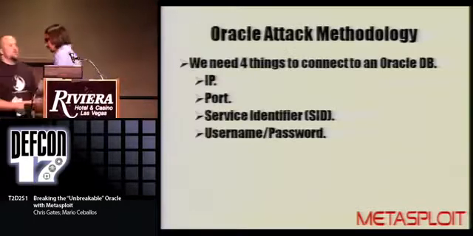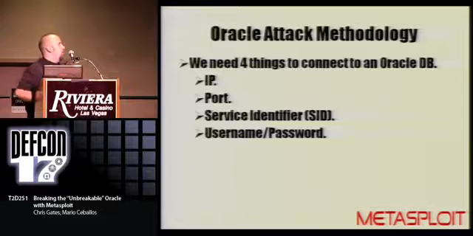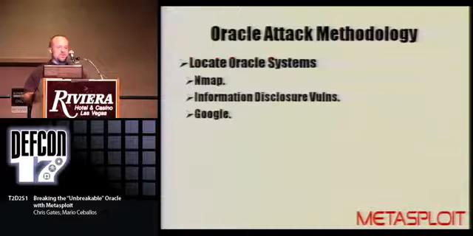All right. So from an attack methodology point of view, we need 4 things to connect to an Oracle database. We need to know what IP it's on, obviously, what port it's listening on, if it's on its default 1521. The service identifier, which is kind of the unique name for the Oracle database, and a username and password. So that makes sense, right? So first thing, locate Oracle systems. So we got nmap,